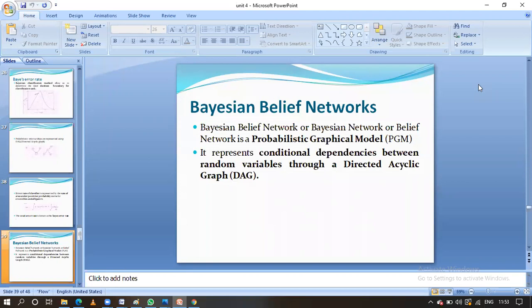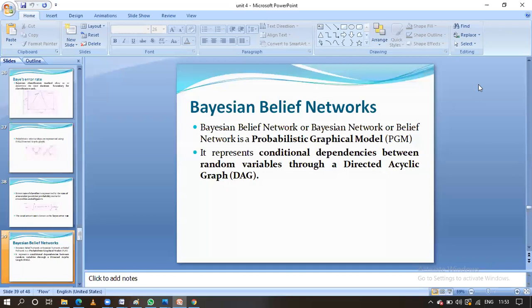Sometimes they will ask about the algorithm, and you have to explain the overall process. Sometimes they will ask you to explain only the naive Bayes algorithm. You have to take a problem and explain how you are going to solve it with the help of naive Bayes. Another thing they will ask is about the Bayesian belief network or Bayesian classifiers. They ask this question more often: you have to explain the naive Bayesian classifier, as well as the Bayesian belief network.